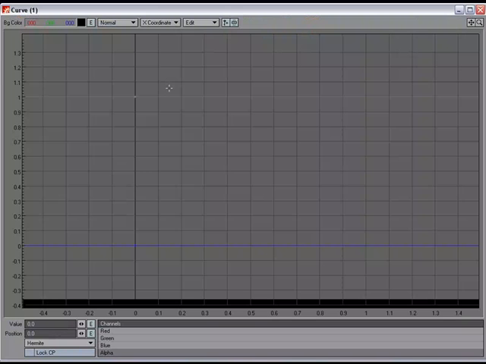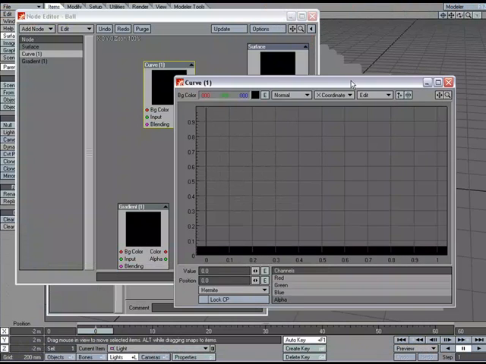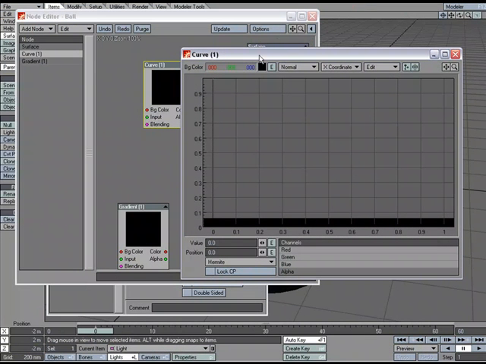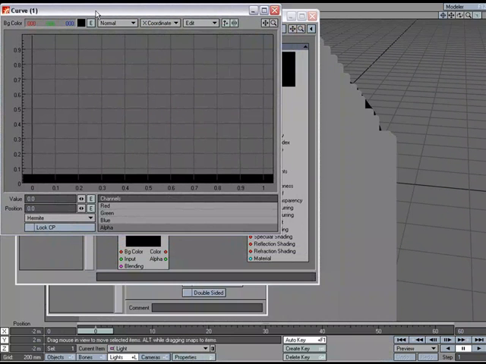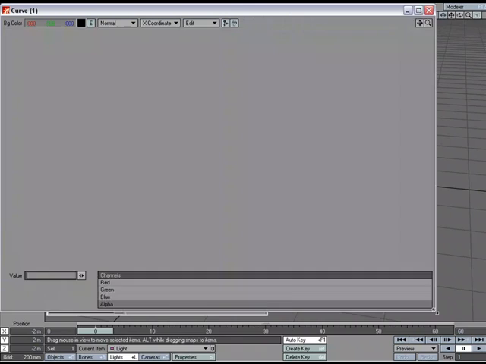I'm going to double click, and I've got the curve node full screen so that we can really see what's going on. You can always size it to any size you want, and so that way you can see what's going on with your input here with background color input and blending, and of course your output with your color and alpha. But I'm going to go ahead and make that full screen just so we can really check out